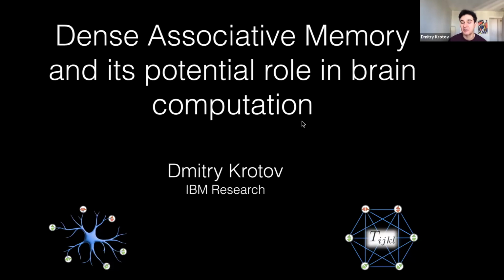It was the year when, for the first time, the field of artificial neural networks was recognized by the major Nobel Prize in Physics. So you all know that it has been awarded to John Hopfield and Geoffrey Hinton for their pioneering work in the field of artificial neural networks.